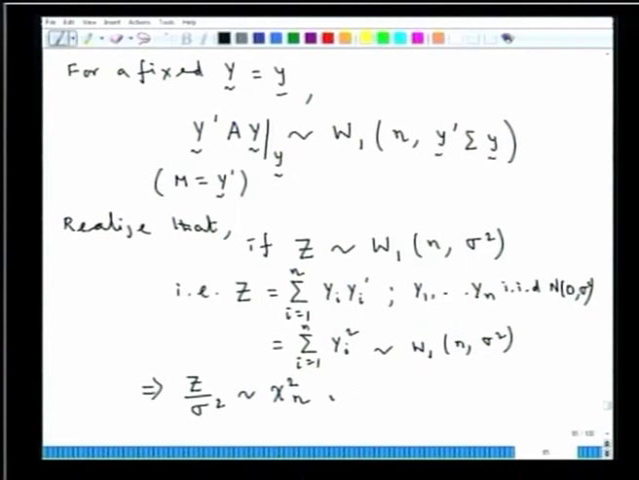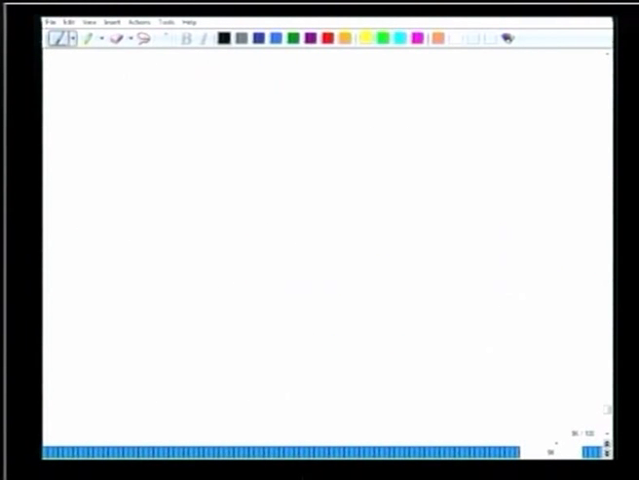So we will use this fact: if z follows Wishart(1, n, σ²) with scalar σ², then z by σ² has a chi-square distribution. So what happens if we use that in this result? This will imply that for a given y equal to y, y prime A y, divided by the corresponding σ² there, which is y transpose Σ y,